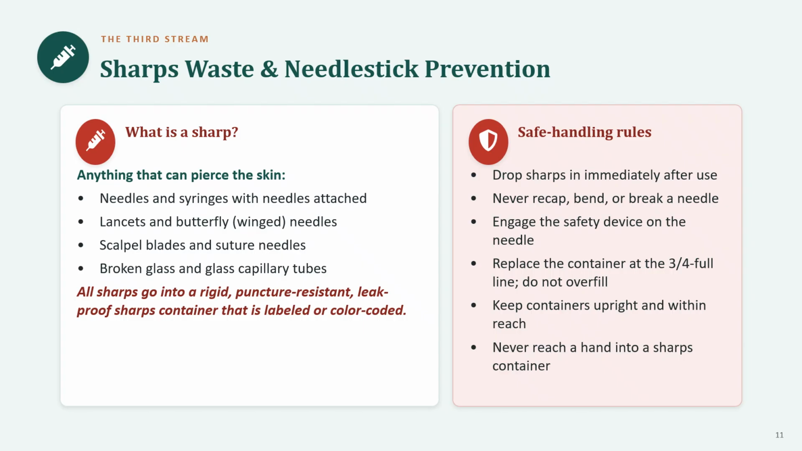That includes needles and syringes with the needle attached, lancets, butterflied or winged needles, scalpel blades, suture needles, and broken glass, including glass capillary tubes. Every one of these goes into the sharps container, which is the rigid, puncture-resistant, leak-proof container that is labeled or